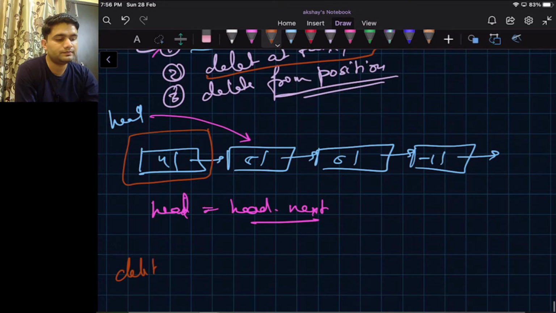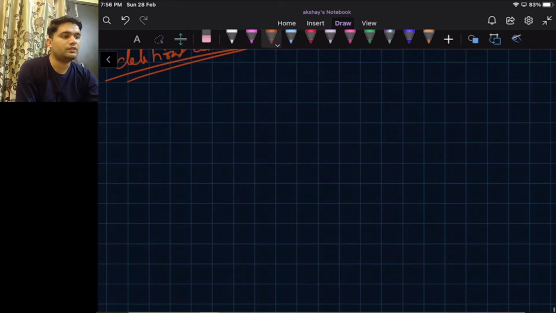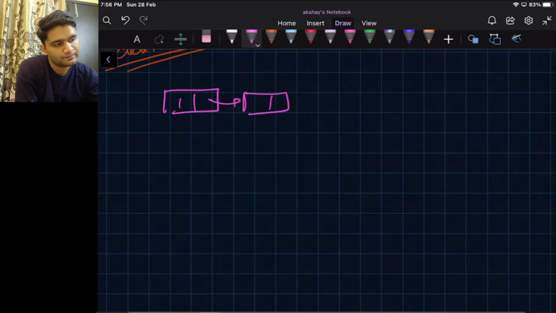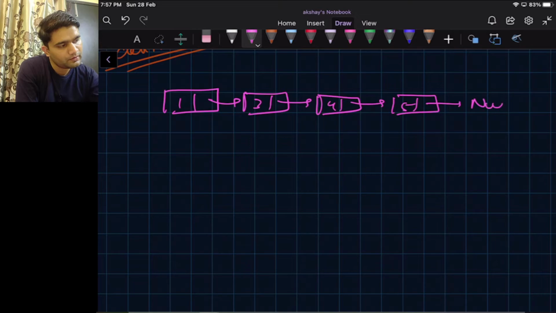Okay, so deletion at tail, let's create another linked list. This is our head.